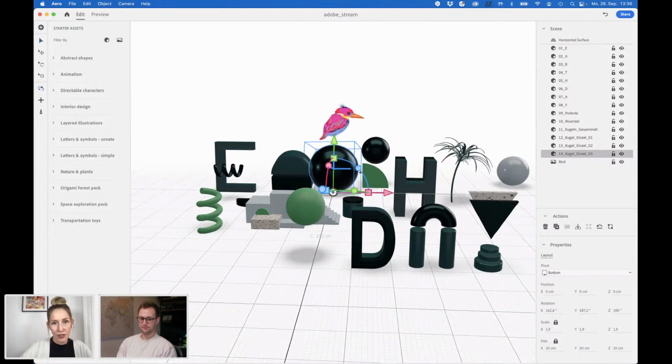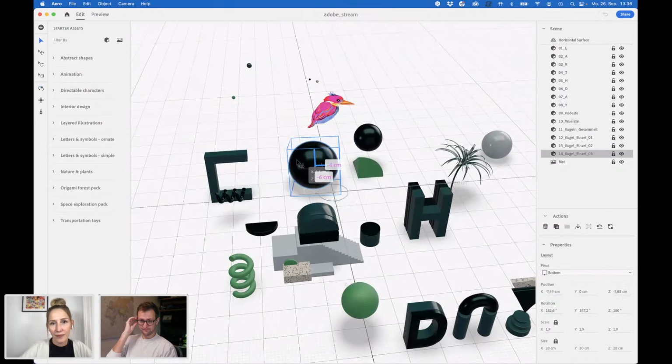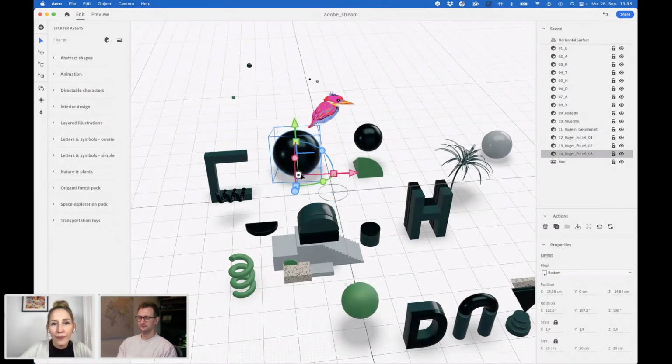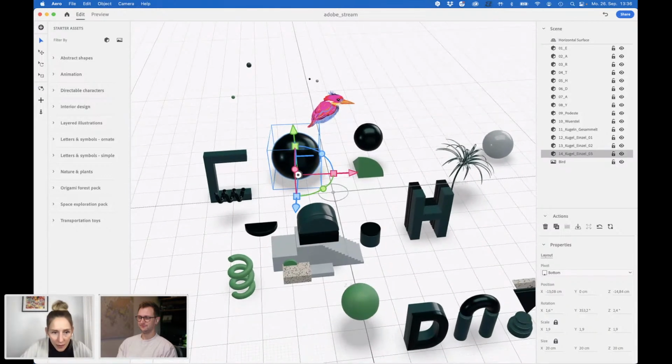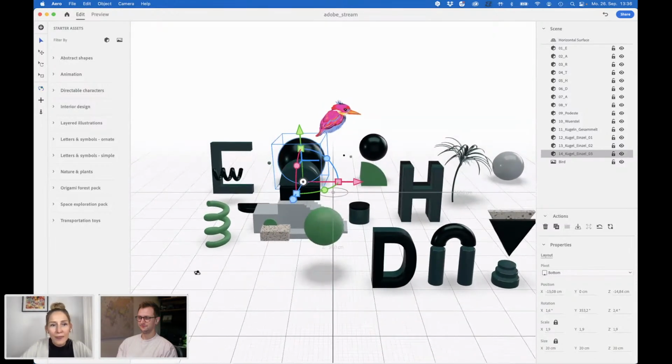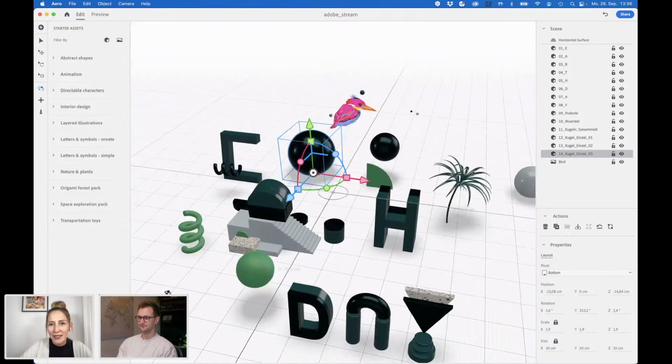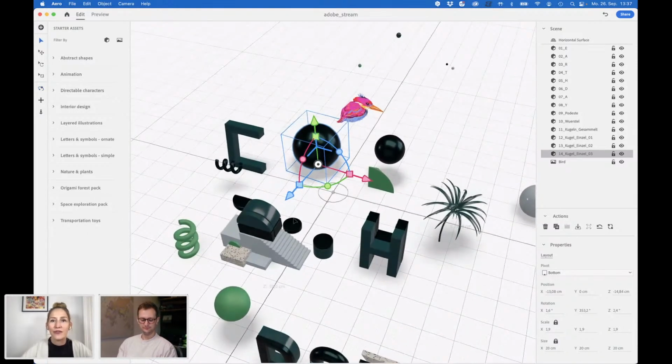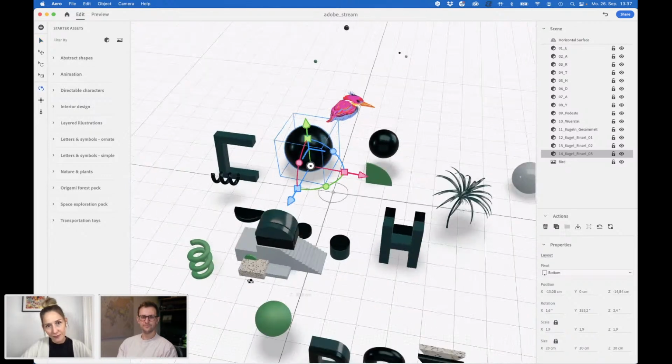So now I have to change perspective. So as you can see, it would be a nice walk-in experience because we have so many different things to explore from so many different angles.